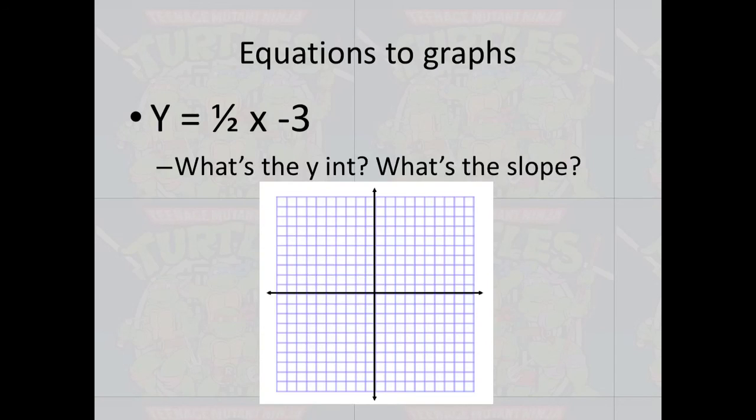Alright, so what we're going to do next is just really focus on how we can go from this equation, or any equation,